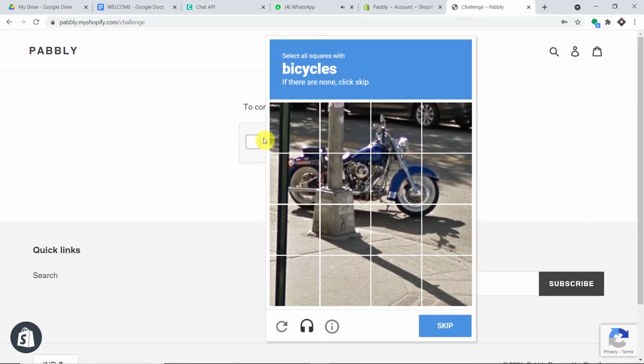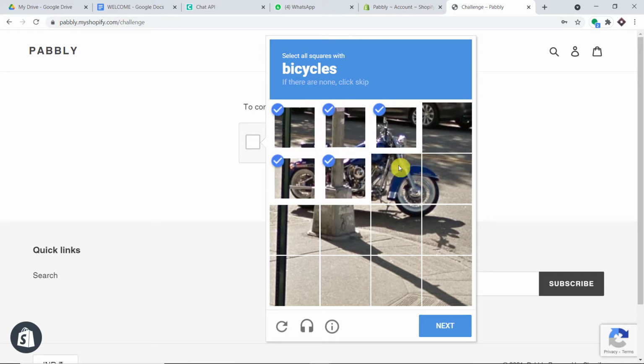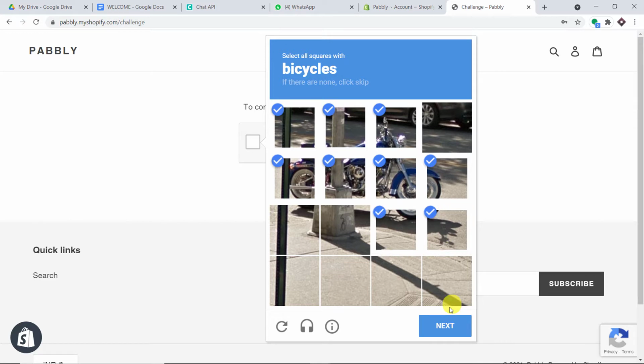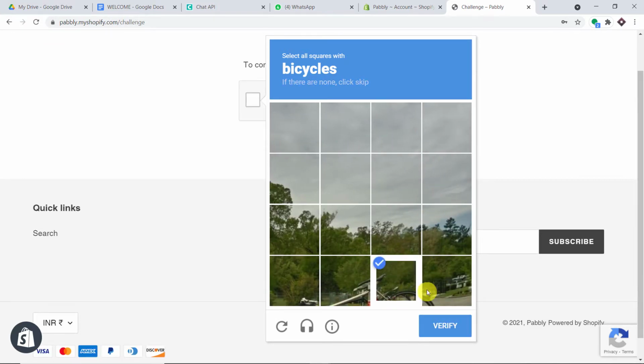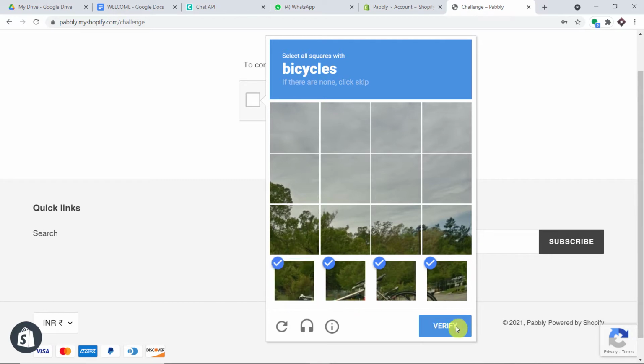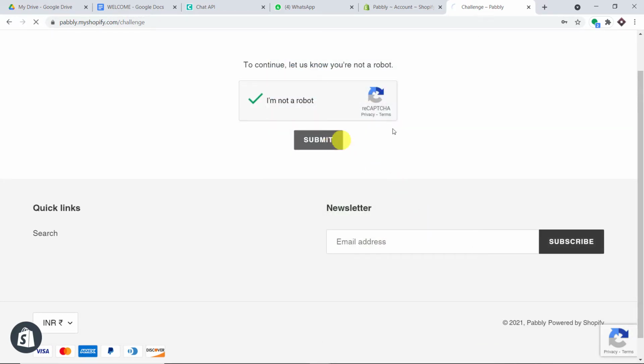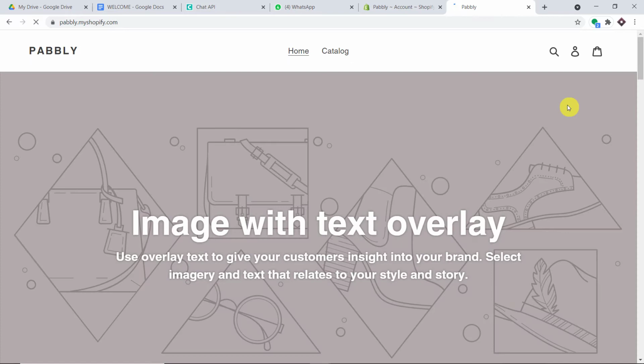Okay, the person has been registered, so let me add bicycles, and click on next. Okay, this is about bicycle. I think I have messed it up, and let me click on submit. The submission has been made by a guy called Jim Morty. Now Jim Morty has been added as a Shopify customer.